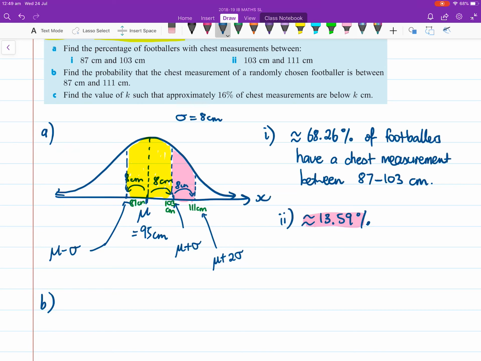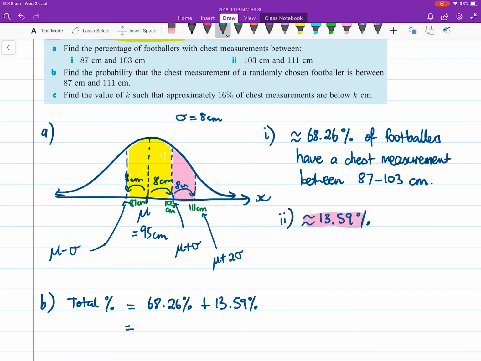And then part B says find the probability that the chest measurement of a randomly chosen footballer is between 87 and 111. Now you can see that's all of our yellow and pink highlighted bits, isn't it? From 87 all the way to 111. So we can just add those percentages together. So what were they? So total percentage is like 68.26%. That's the yellow plus the pink, which is 13.59%,